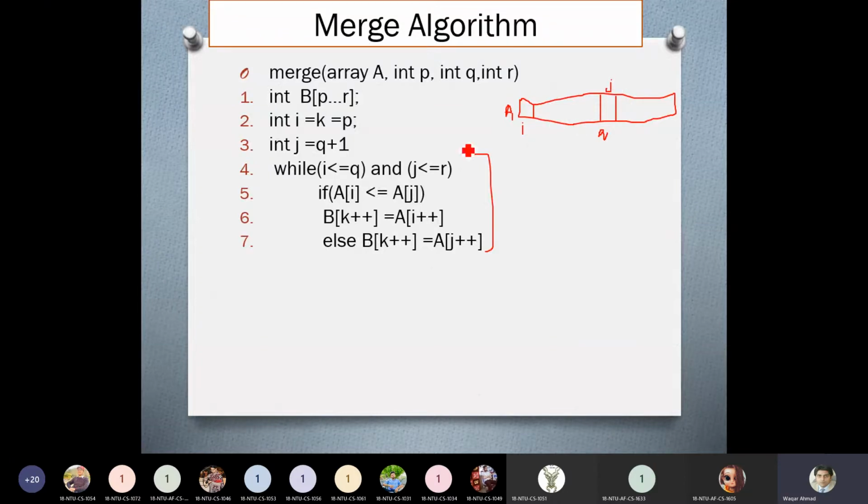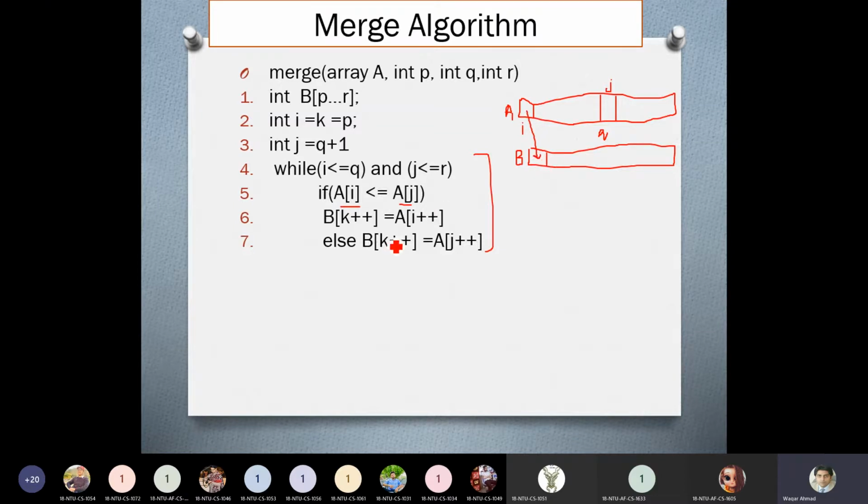We are comparing the ith element with the jth element. If A of I is less than or equal to A of J, we simply transfer A of I to another array with the name B. It has the same size as A. So if A of I is less than or equal to A of J, we simply transfer this element inside this array.